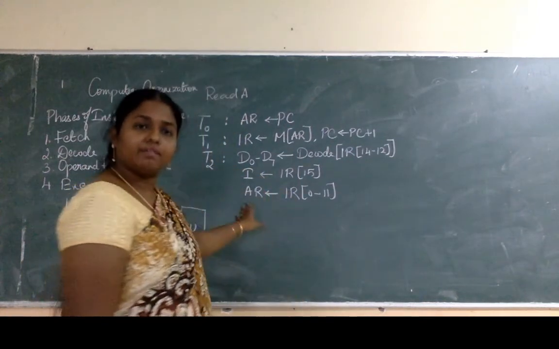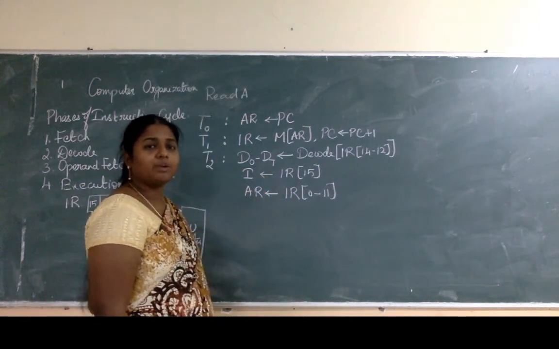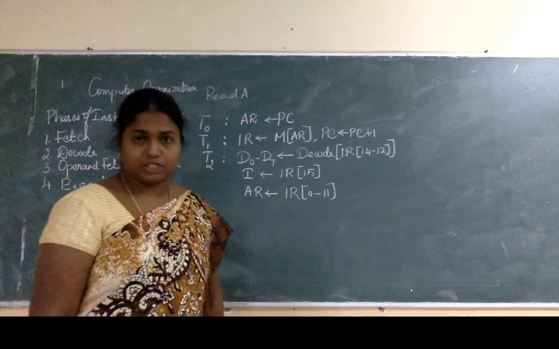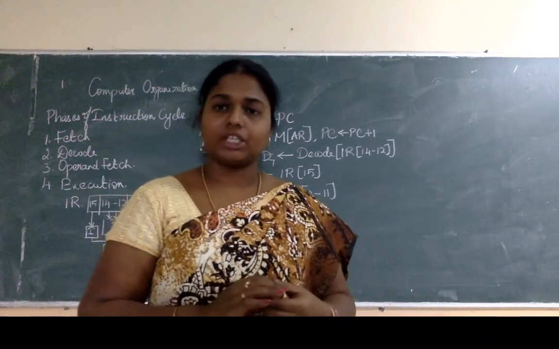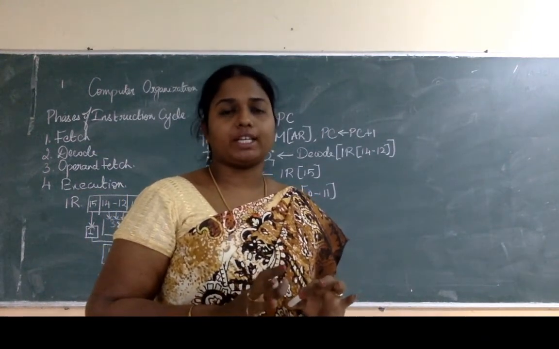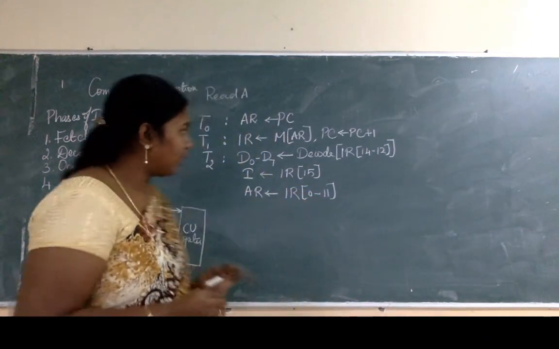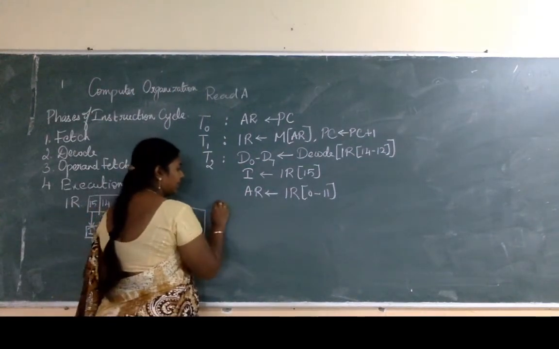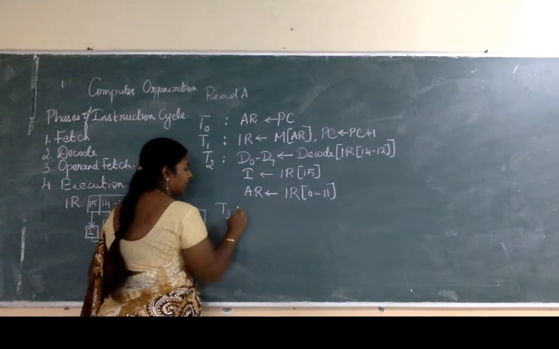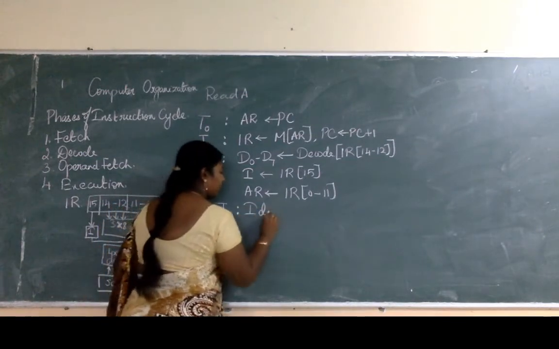And once I have decoded, then I should identify what type of instruction I have to execute, and then I should perform some action for completion of that execution. When I look into that, we have got three different types of instruction. So at T3, I have to identify